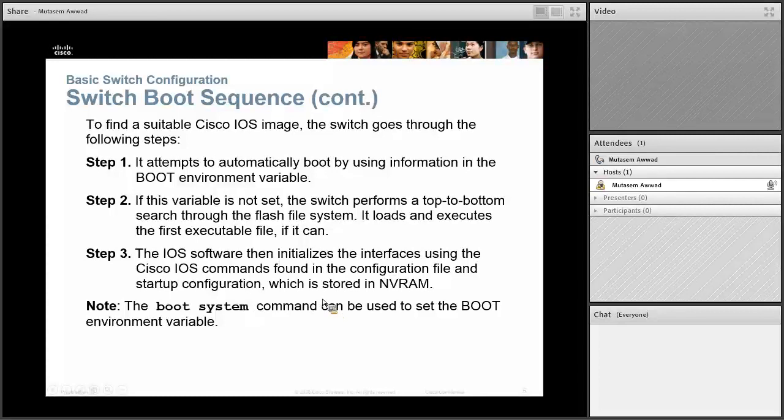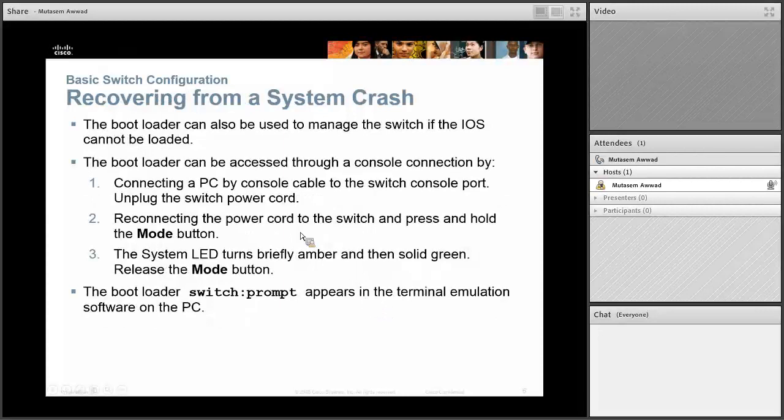Let's say you have multiple operating systems inside the flash. You can say boot system, the name of the flash colon, and the name of the operating system that you want the switch to boot up, and you could do that on the spot at any time. Now, what happens